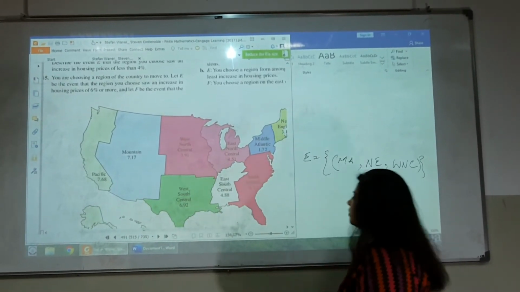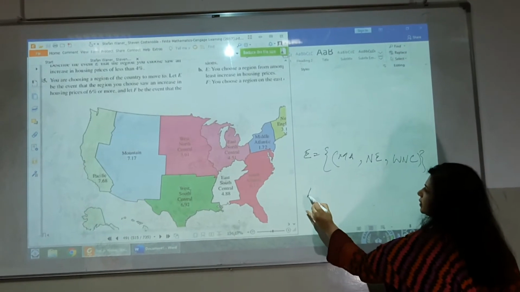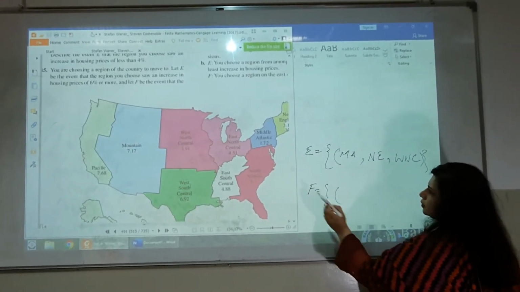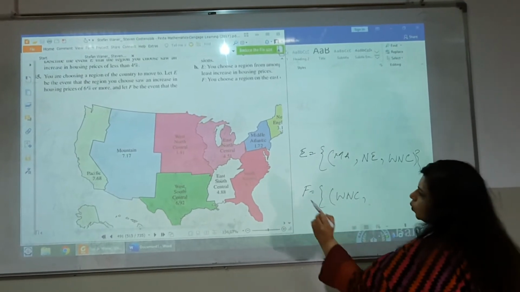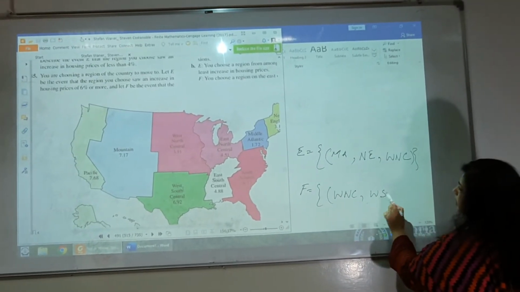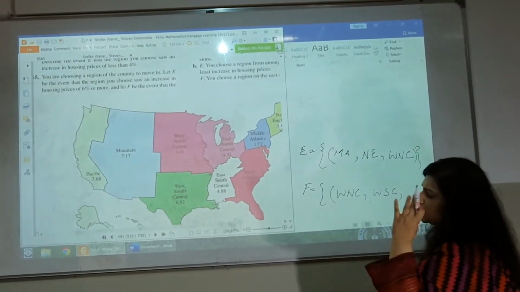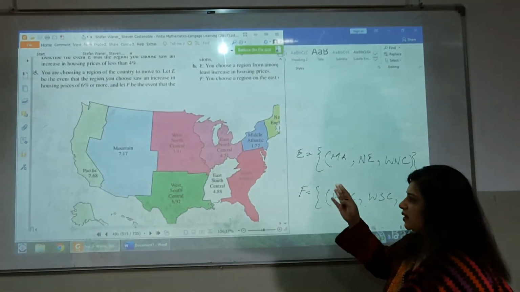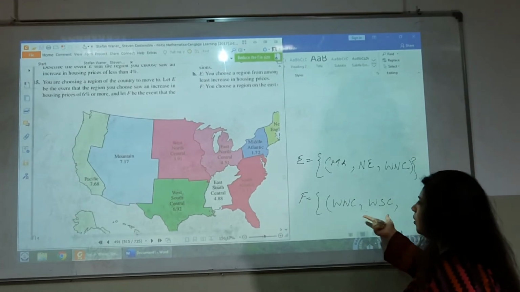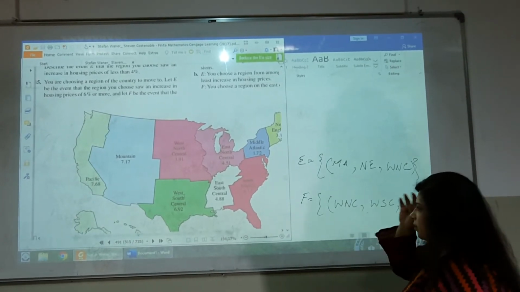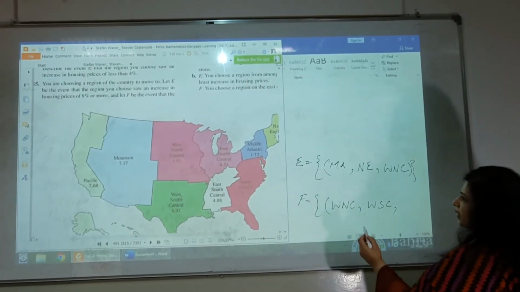So event F in this case would be West North Central, West South Central. Now, in this case, we are not considering whether it's the least increase in housing prices. We're just considering the options of the central area in the map. So East North Central,